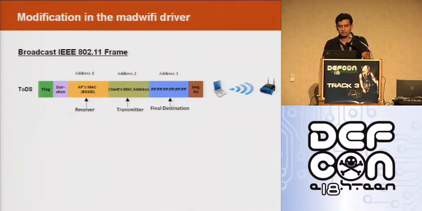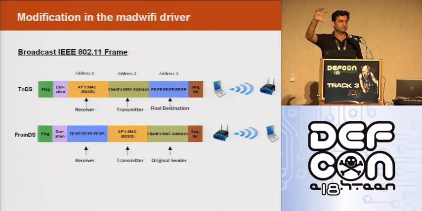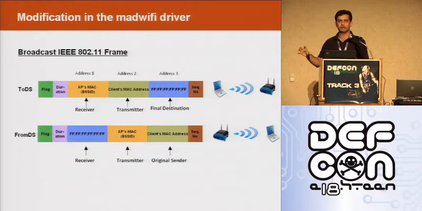So before we actually see what kind of modification was done, let me quickly present the 802.11 frame here. When a client sends a packet to the access point, it is called a ToDS frame, okay? From client to access point, an uplink packet. And when the access point sends a packet to the client, it is called a FromDS packet, a kind of downlink packet. And there is a field present in the frame which indicates the direction of the frame, whether it's going from client to access point or coming from access point to client, okay?